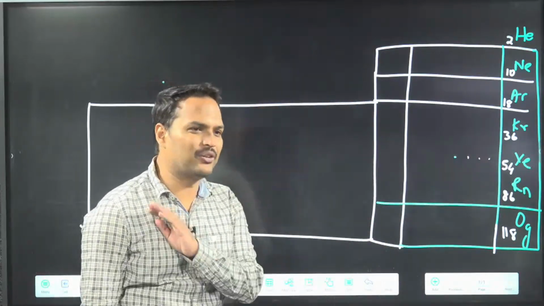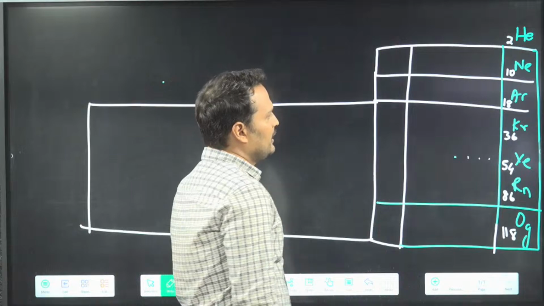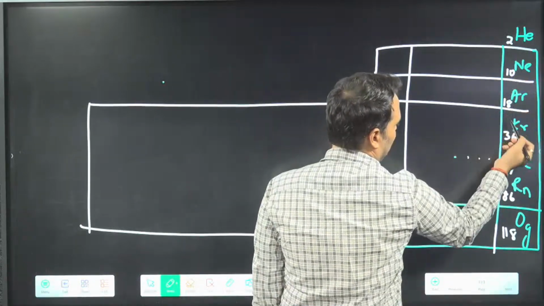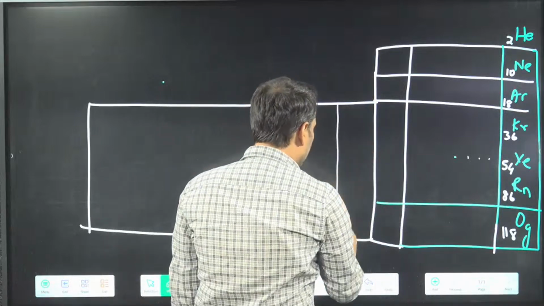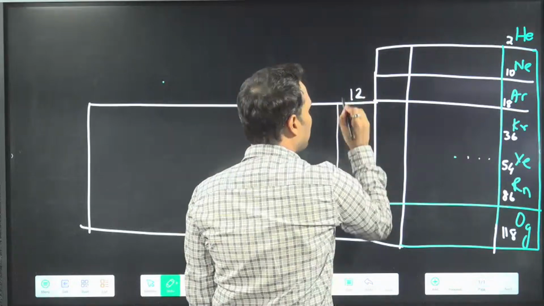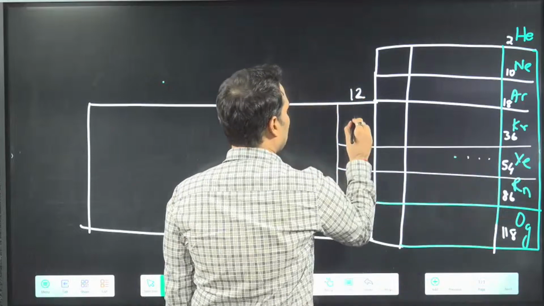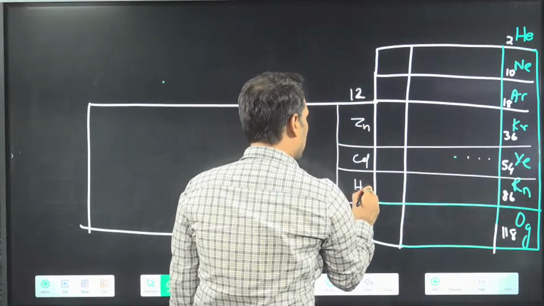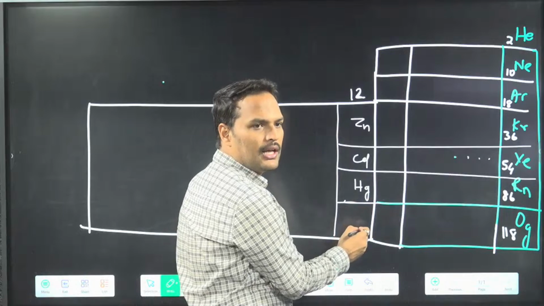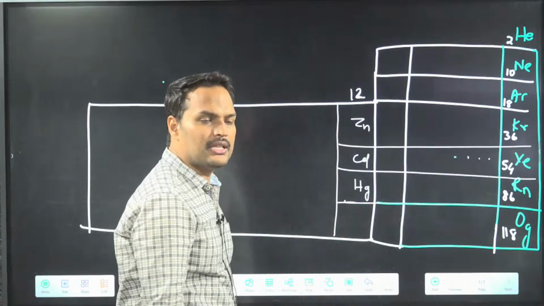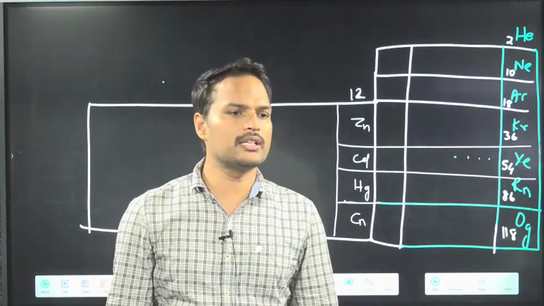For this I don't require any knowledge. Few elements we remember also. And the period you can clearly say: first, second, third, fourth, fifth period. Now we remember this also. You know 12. Which group is this? The 12th group. Which are the elements present here? Zinc, cadmium, mercury, and what is the last one? After mercury, this is copernicium.